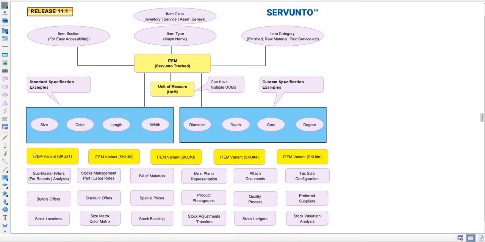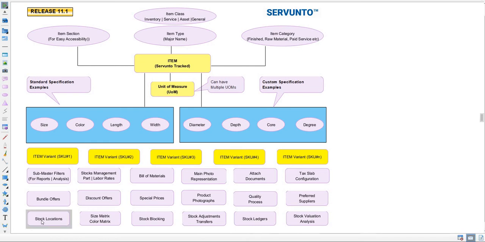Once an item is created, various other components are automatically attached and managed along with that item, like multiple submaster filters for reports and analysis, stock management with rates, multiple rates, rate cards for labor items, bills of materials, main photo representation, where multiple documents can be attached, tax slabs can be configured, bundle offers, discount offers, special prices, then product photographs, multiple photographs can be attached, quality processes can be attached, preferred suppliers and a supplier management system is there.